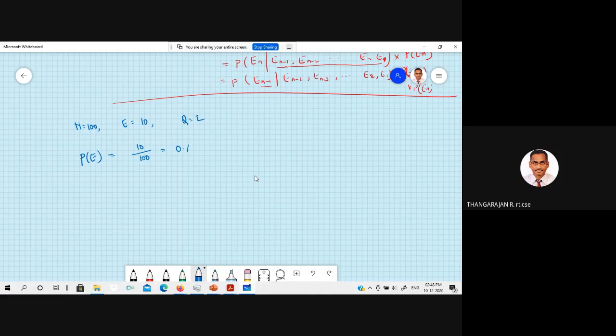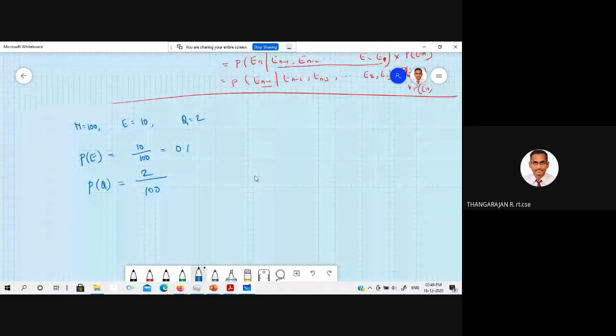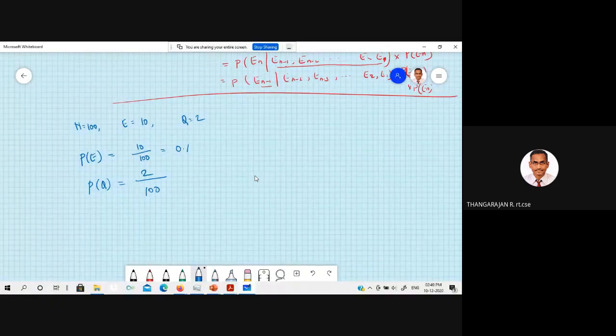Okay. Now what is the probability that a person you pick is quarantined? The number of persons who are quarantined is 2, and the total number of persons is 100. Sorry, total count is 100 and favorable is 2. You randomly pick a person, and what is the probability that he is quarantined? That is equal to 0.02.